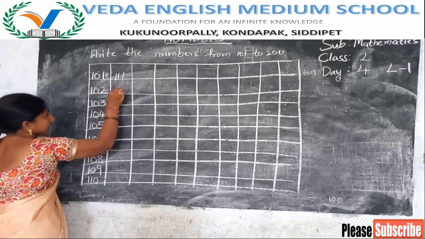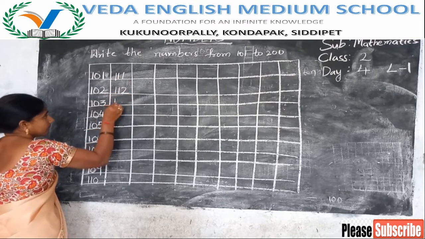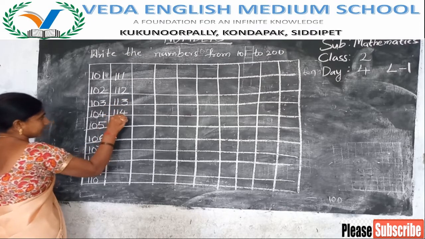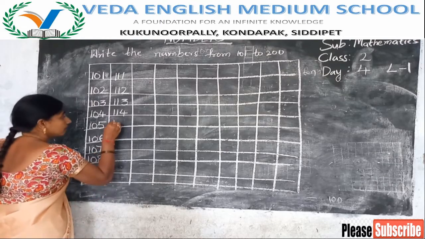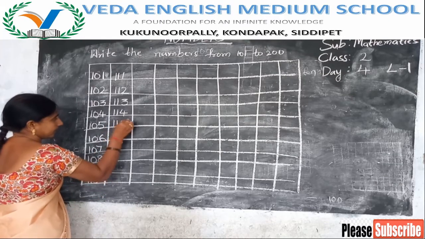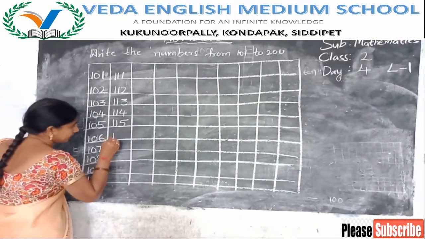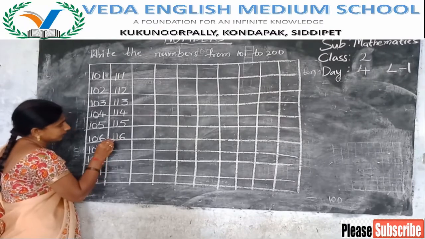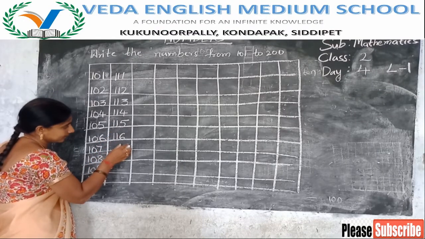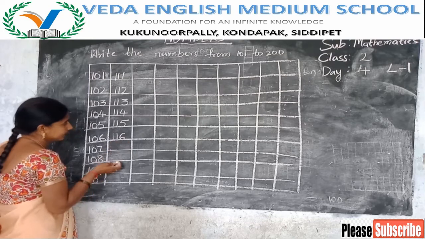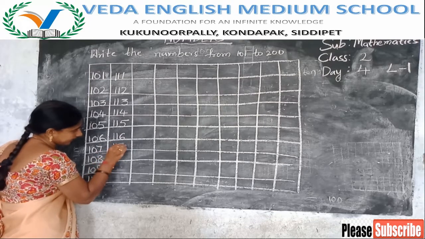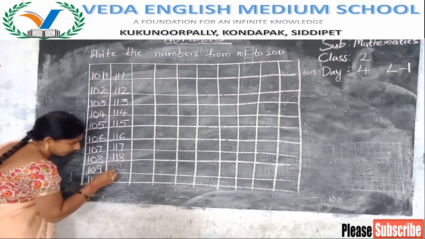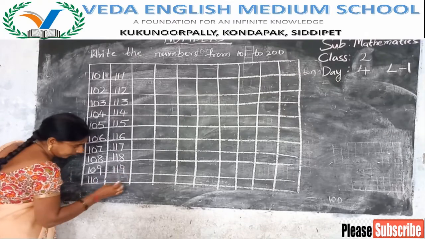111, 112, 113, 114. This is the next number. 115. See now, 116. Here, the tens place and hundreds place have no change. Only the ones place is changing here. See, after 6 is 7. So, 117, 118, 119,